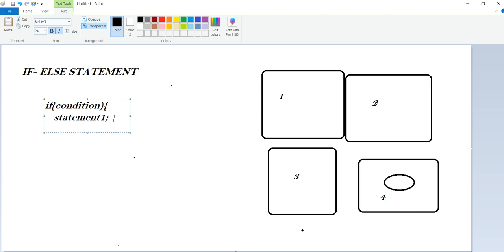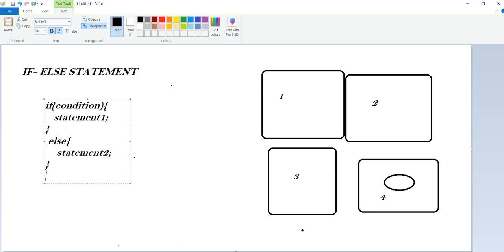If it is not executed, then it goes and executes the else part, statement 2. Then again else, else if, and it can go on continuously.